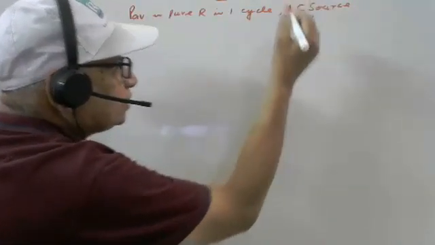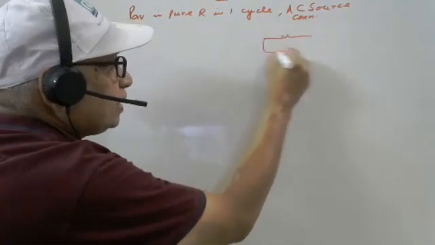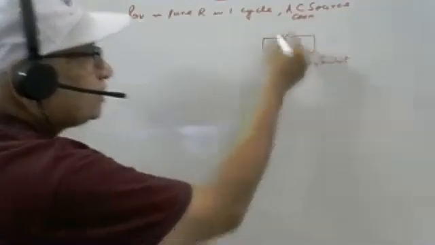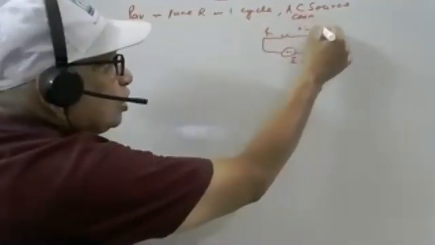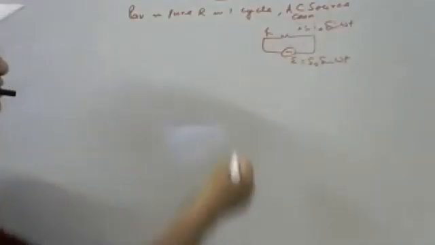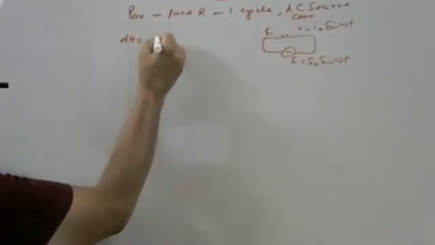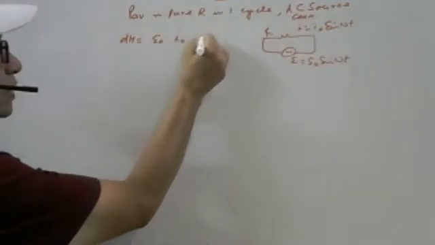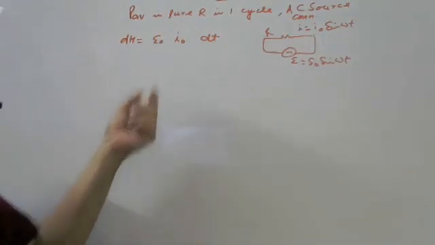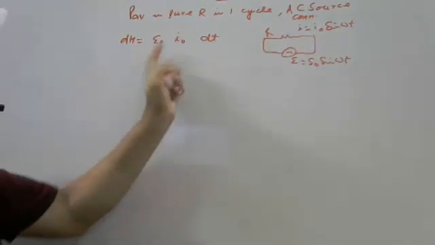across this resistance. This we have seen here E equal to E naught sin omega t. In the resistance, we know there is no phase difference. So it is E naught sin omega t and I naught sin omega t, no phase difference. Small heat, it is say E naught I naught dt. Why we are not taking say I naught square R dt or E naught square upon R dt?